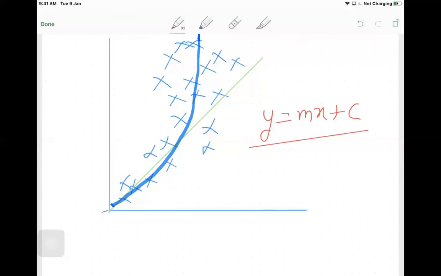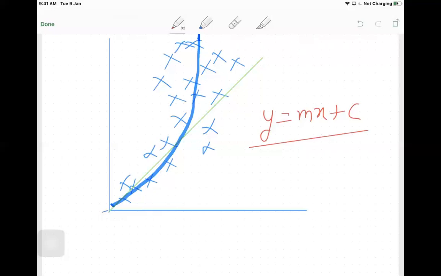So what do you mean by linearity? Linearity is nothing but when x is growing, y also should grow, in a linear fashion. But in this case, x is growing, and y is also growing, but maybe in a quadratic way. Let's say this is a quadratic equation, y equals x square. So it's going in a quadratic way. Looking at the data, you will understand whether this linearity relation is there or not, whether when one variable is growing, the other one is also growing or not.